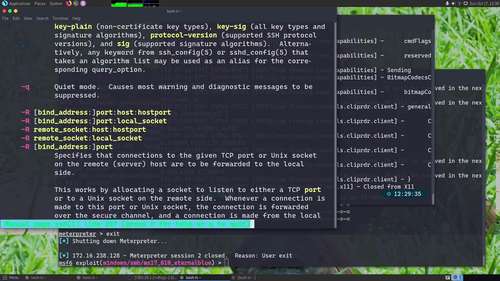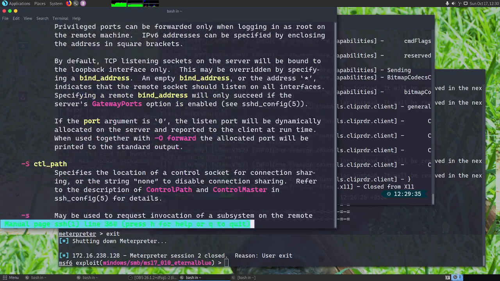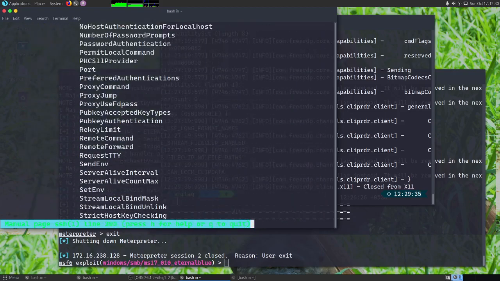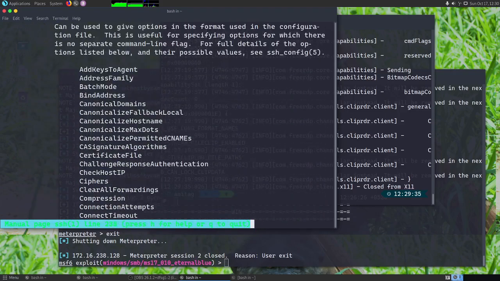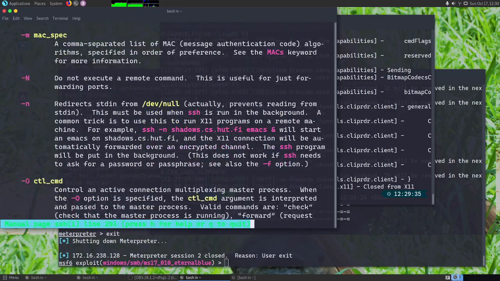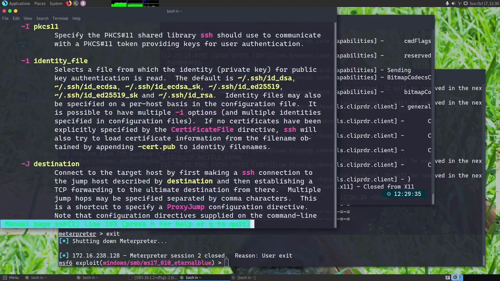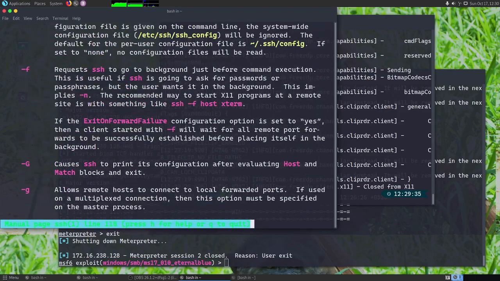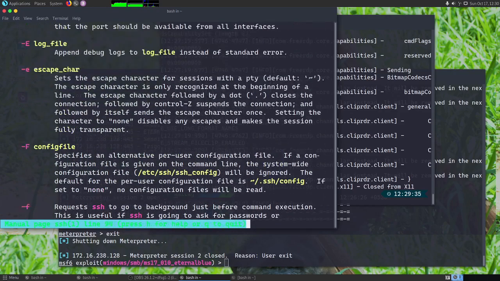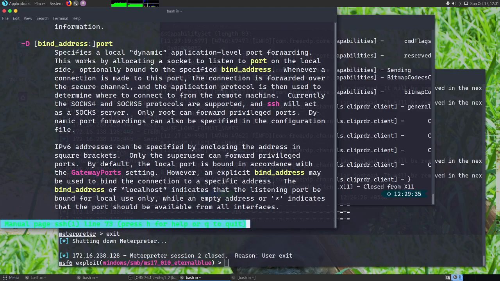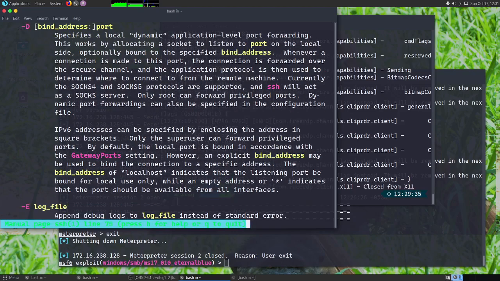And there is one more option, which is what I mostly like for doing this kind of tunneling, which is minus capital D. If we look at it here, it's for dynamic port forwarding, and it allows you to open a port in SOCKS 4, SOCKS 5 format.